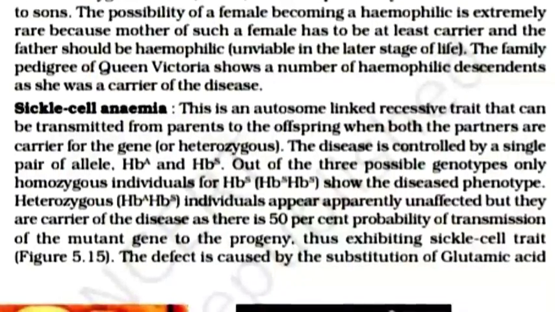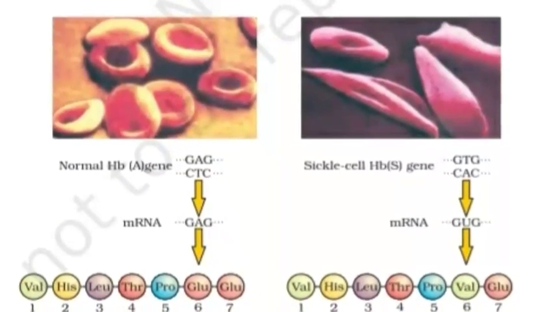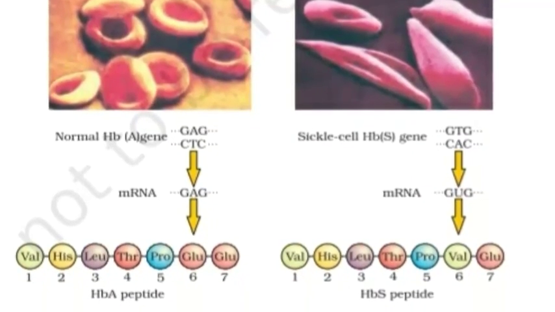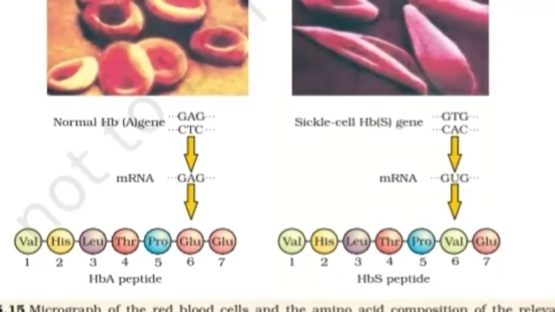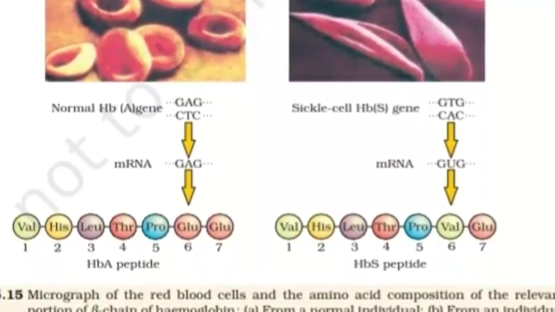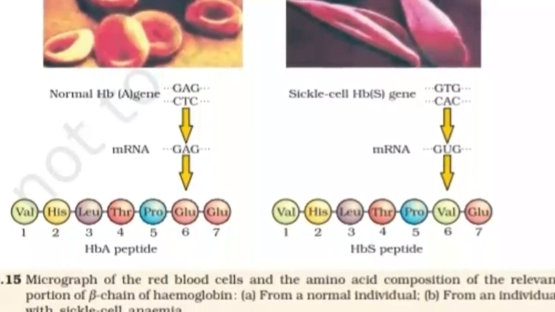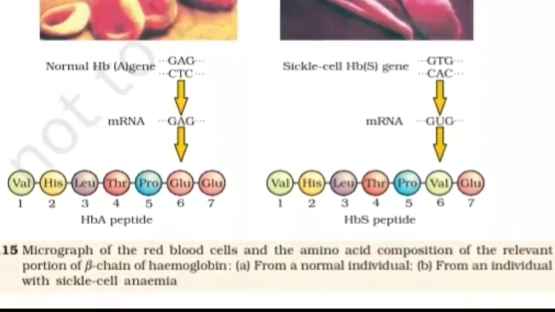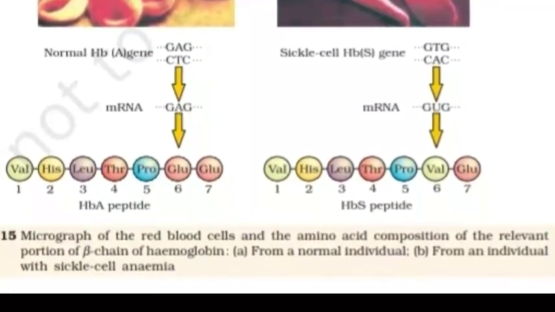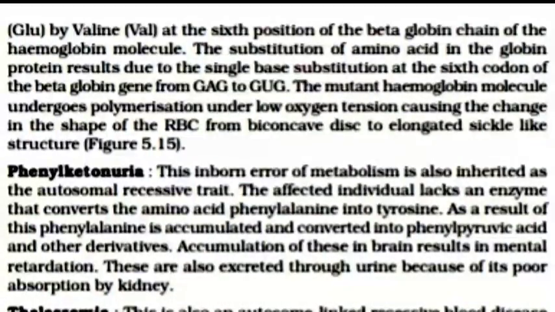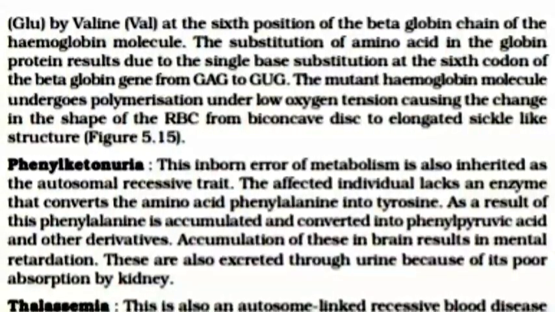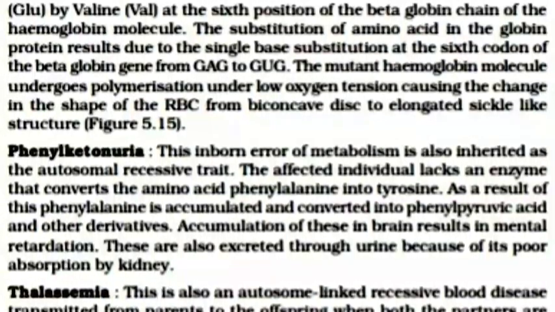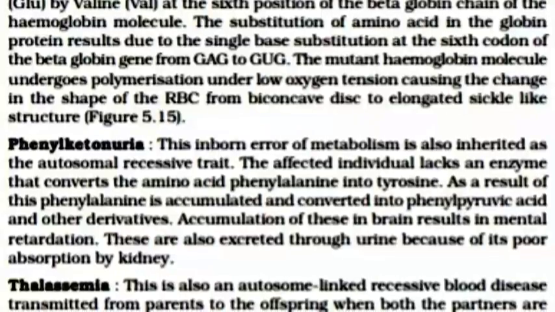The defect is caused by the substitution of glutamic acid. HBA peptide: Val-His-Leu-Thr-Pro-Glu-Glu. HBS peptide: Val-His-Leu-Thr-Pro-Val-Glu. Glutamic acid is replaced by valine at the 6th position of the beta globin chain of the